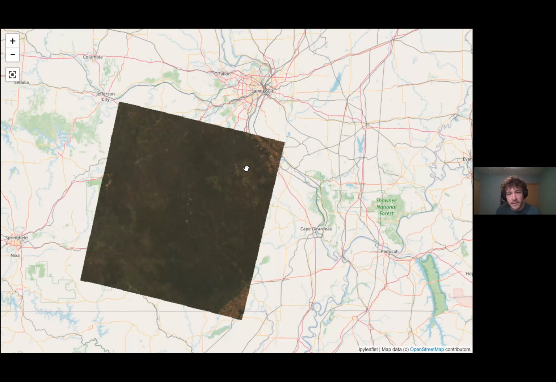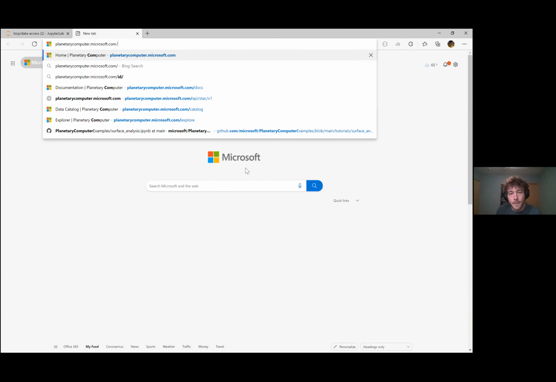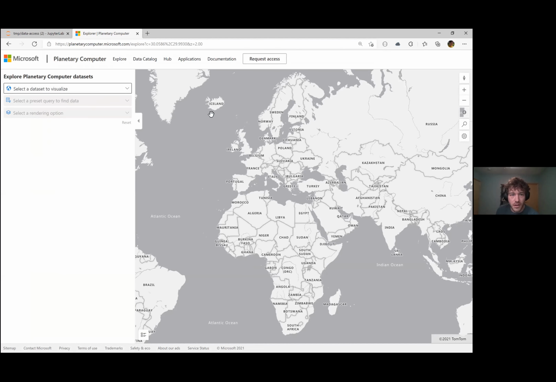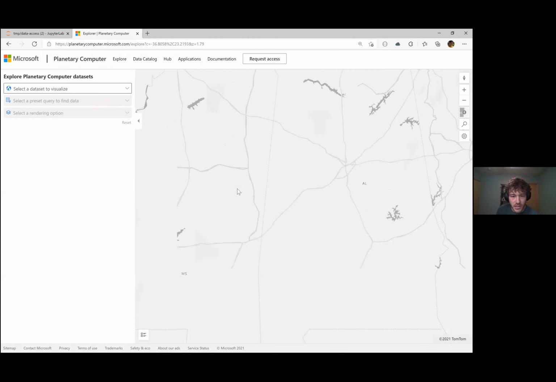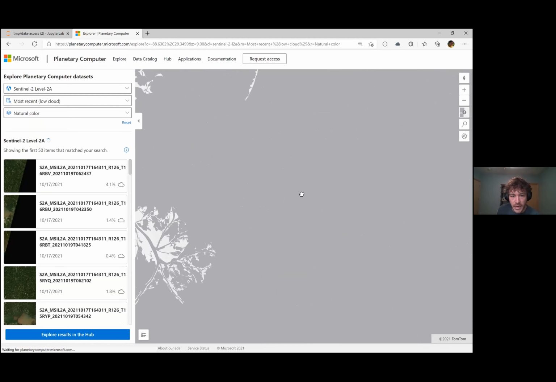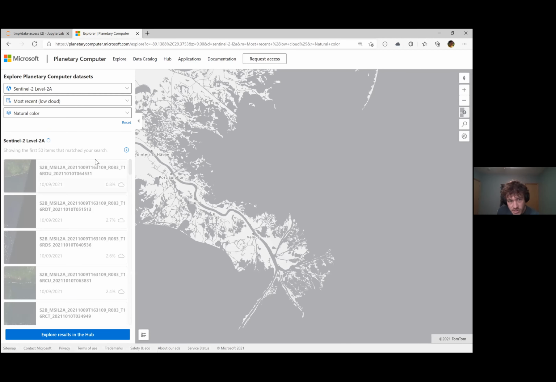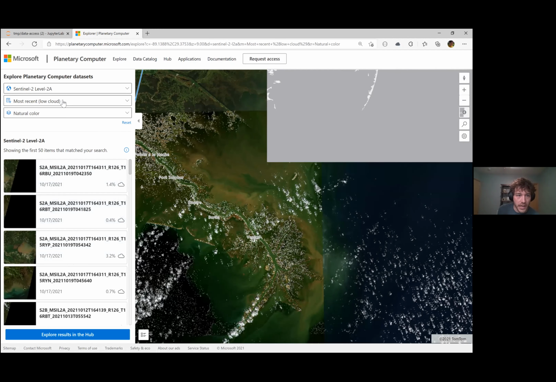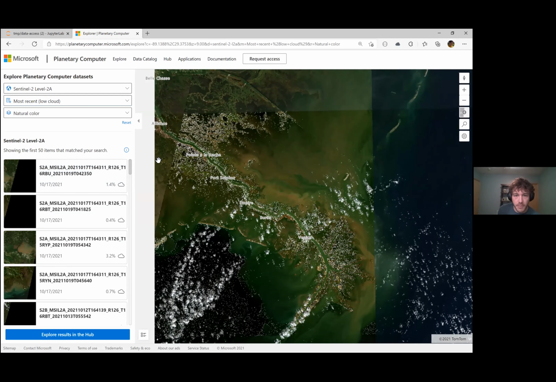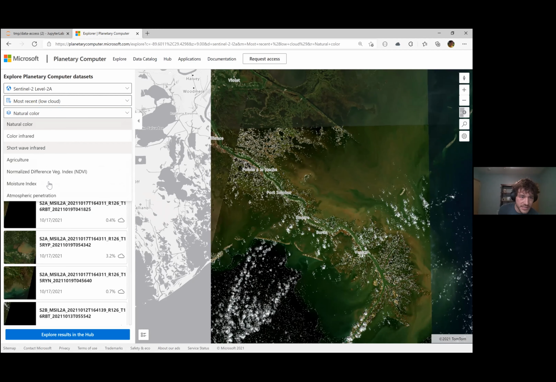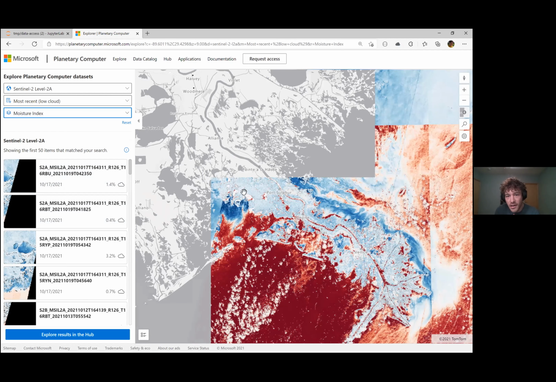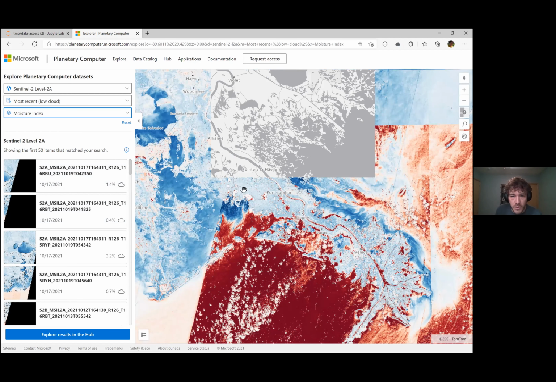And on the back end, that data API is connected to a TiTiler deployment, which knows how to do really cool things with mosaicing. So we can zoom in on the Mississippi River Delta here, select a dataset like Sentinel, and TiTiler will automatically query our STAC catalog for items that meet some conditions like low cloud or some datetime conditions, and then dynamically mosaic them together, apply various band combinations to convert the data from those bands into some sort of image here